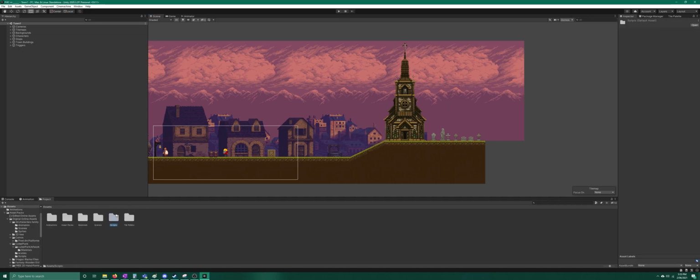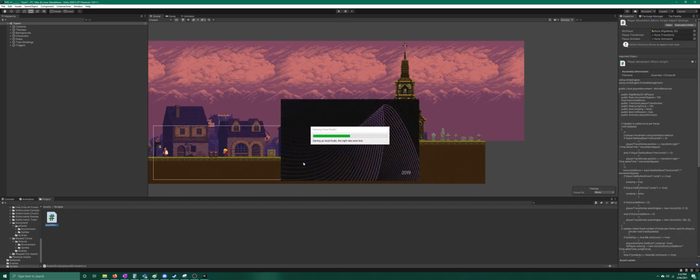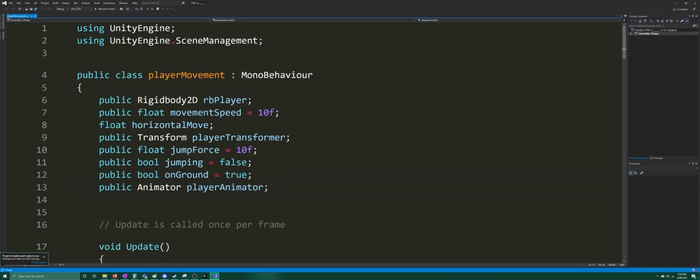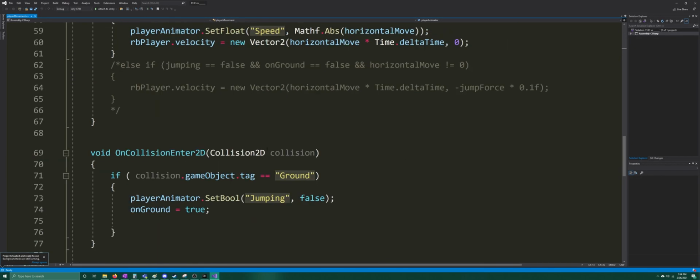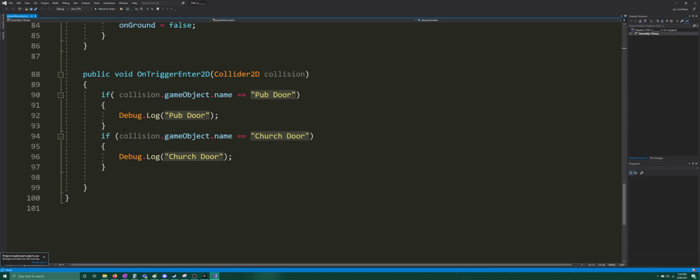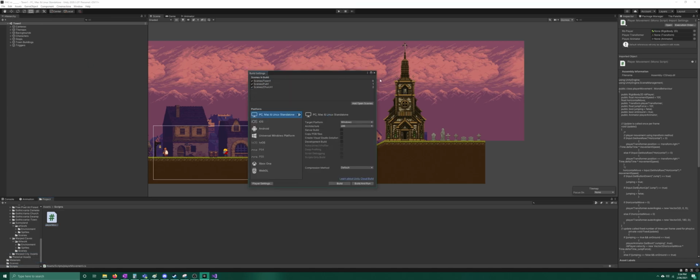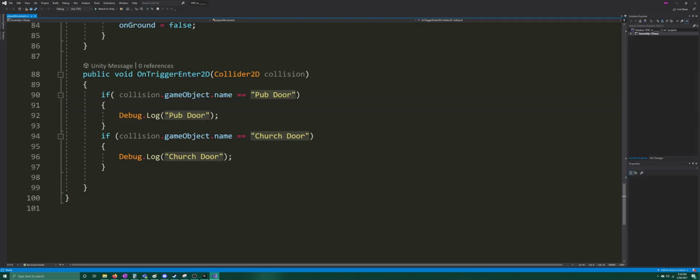Then we come back into our scripts. Open up our super player movement script. And now, let's come down here to our trigger. I need to remember which way I did it. Oh, I've already forgotten. What is it? Pub is 1 and church is 2. Okay, so pub is 1, church is 2. So if we come down here now